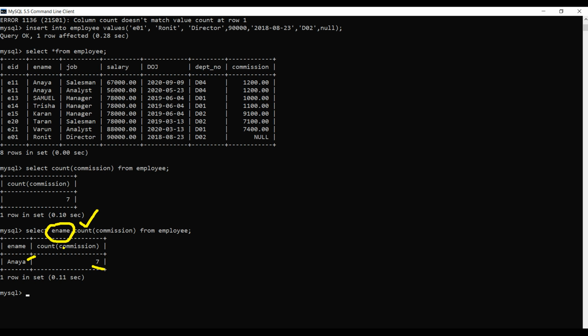So we have to logically think and then write. Grammatically it is correct, but not logically. So we'll think logically and then write the code. So this is a simple way these aggregate functions can be worked with. Now we'll move to the next topic, that is group by.